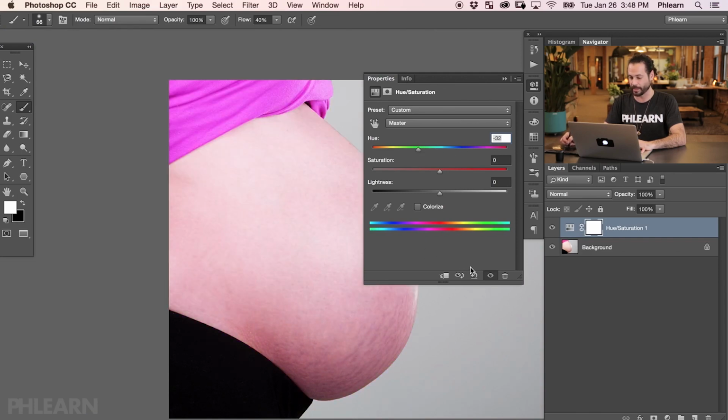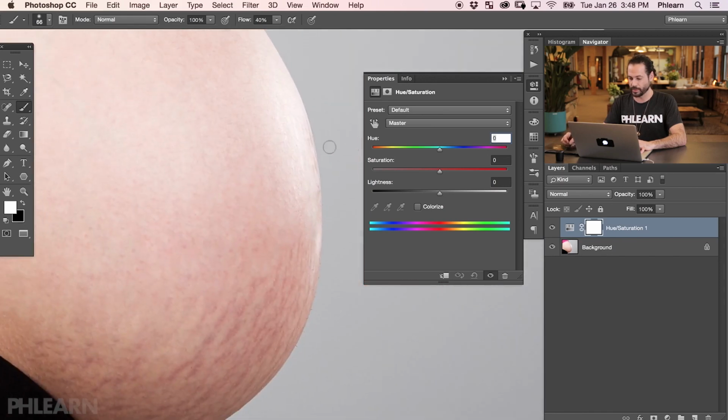So that's not what we want. We wanna be able to target a color. So let's hit undo here, and what I wanna do is I wanna go to my reds. We wanna target our reds. Now, if I started editing the colors here on the reds, let's go ahead and bring up our saturation so we can see what we're actually going to be affecting. Now, again, I know it looks gross right now. We're not leaving it like this. This is just so I can see what I'm doing. Now, you can see it's affecting too much of the reds.